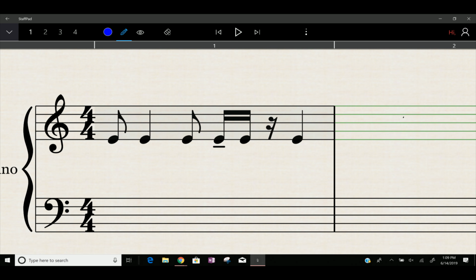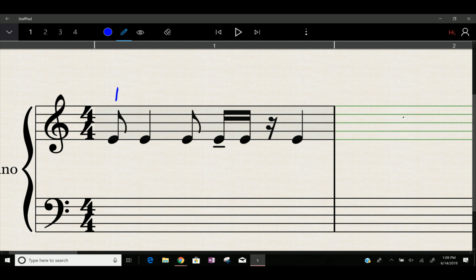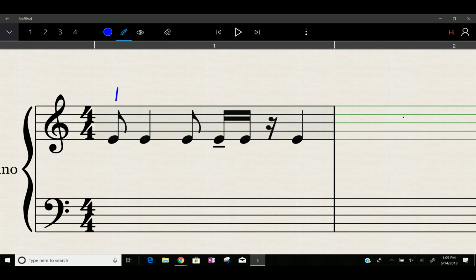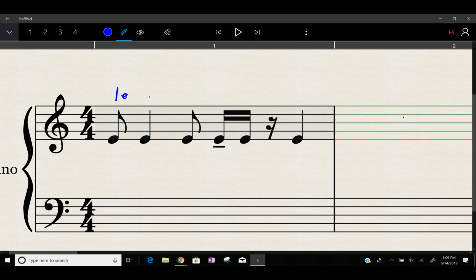So when you're charting out rhythms, obviously you're going to have beat 1 here. And I am going to link you to a full lesson I did on this because this would be a whole lesson in itself. But basically what you're going to do is chart out where each of the 4 beats is going to hit and where all the other notes hit as well. So the first one here is 1E. And then this is going to be and 2E. And if you're lost here, don't worry about it. Like I said, I'm going to link you to a lesson on how to do this, but this is where you want to head to. 2E and then what is this? 3E